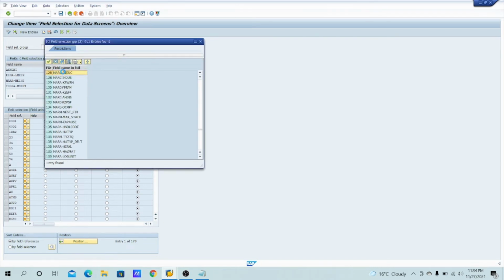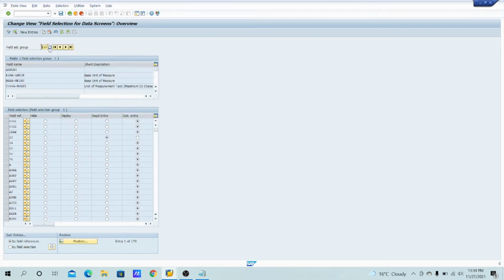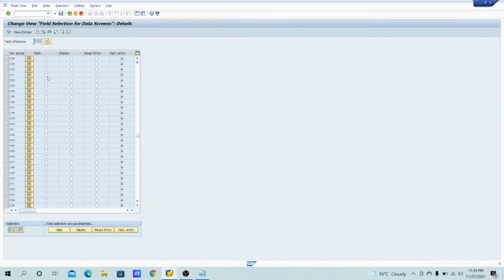You can get the field group, which is 128, and click on enter. You will get the control codes of the consumption taxes, that means consumption taxes in the foreign trade export, and just double click on it.